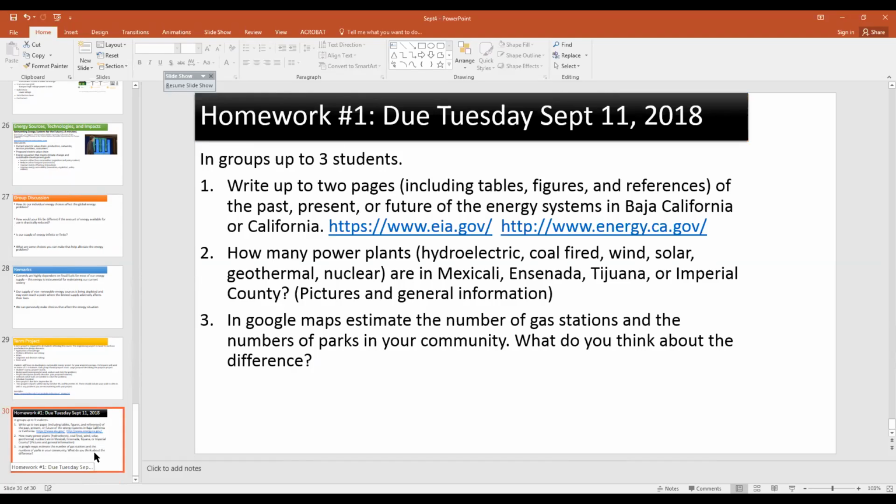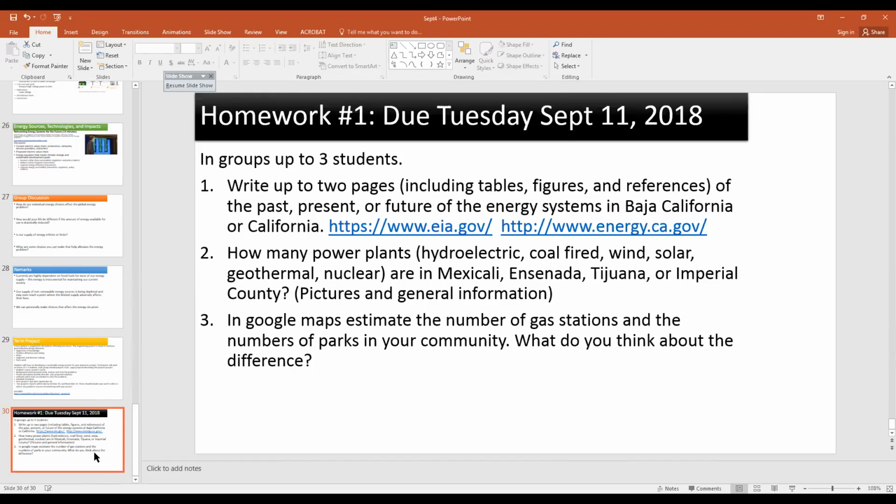You see, this homework is due next week, okay? And my first goal is that you know other students, potential students that you want to work with on your term project, okay? So up to 3 people. It could be just one if you want, but I encourage you to work with somebody else, 2 or 3, all right? I want you to write up 2 pages, including tables and figures and references,